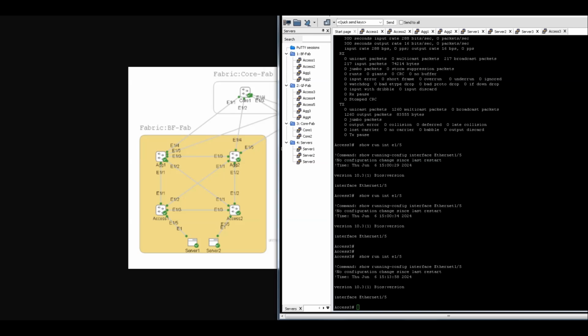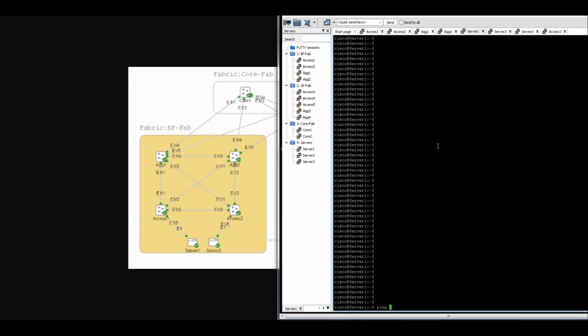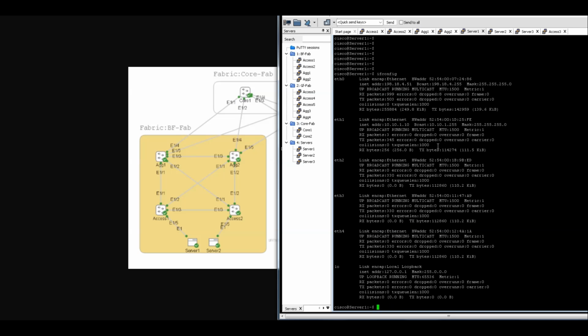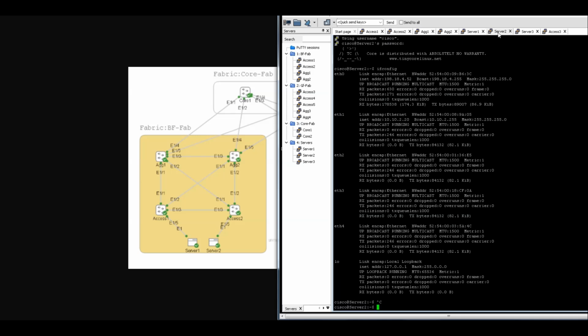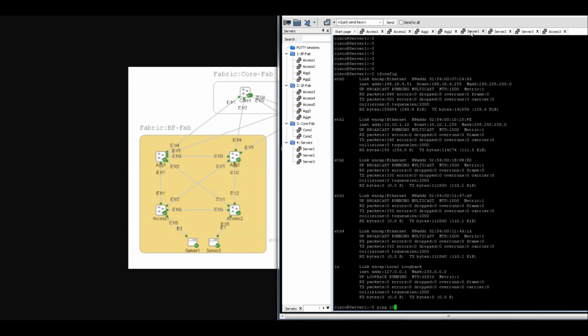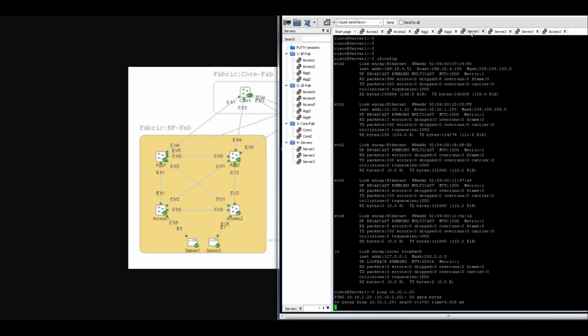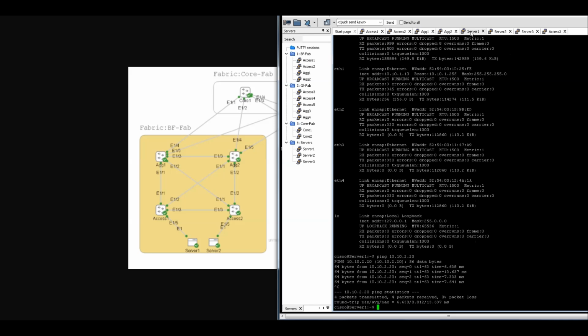So we're going to go to my server 1, and I'm going to ping the server in the same VRF, different VLAN, server 2 IP address. So we're going to say ifconfig. My server 1 IP is 10.10.1.10, and I have server 2, the IP is 10.10.2.20. If I ping 10.10.2.20, that's going to be able to ping. And if I wanted to, say, server 3 IP